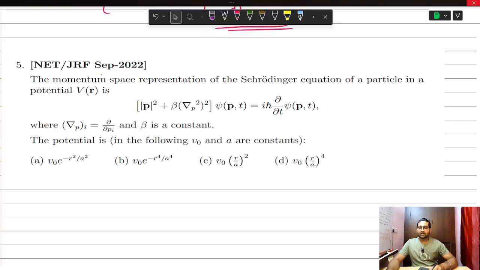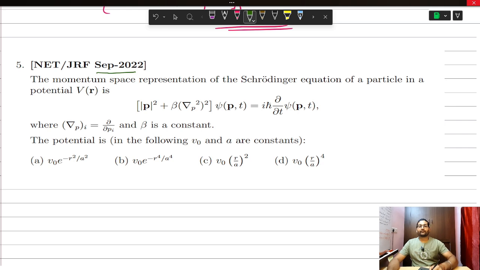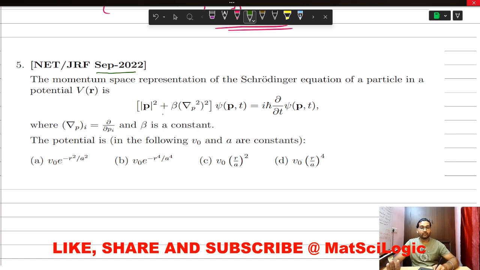This question was asked in September 2022, just after the COVID. The question is the momentum space representation of a Schrödinger equation. Earlier we have already solved a few questions based on the Schrödinger equation in position space. Now the Schrödinger equation is given in momentum space. The momentum space representation of the Schrödinger equation of a particle in a potential V(r)